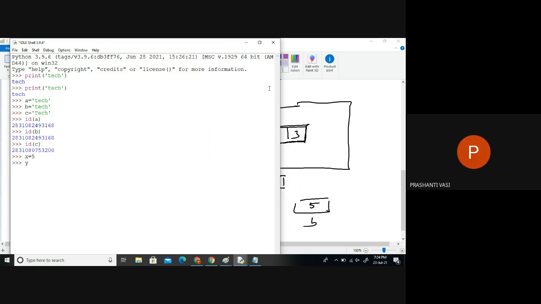If I say the constants also like this, Z is equal to something, 6, you can see id of X, id of Y, and only id of Z is different. See, all the addresses are different. This is 68, this is 68, this is 12, 912. So the address changes there, you can see that.